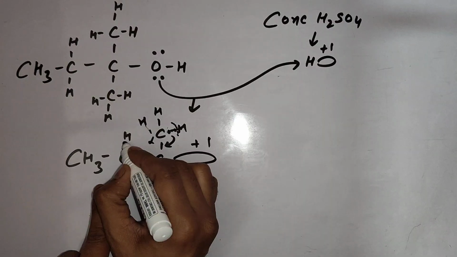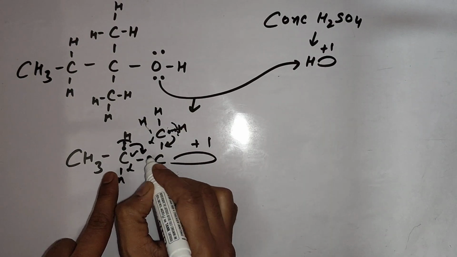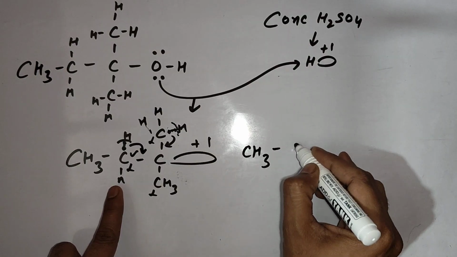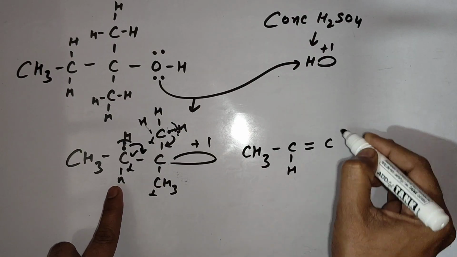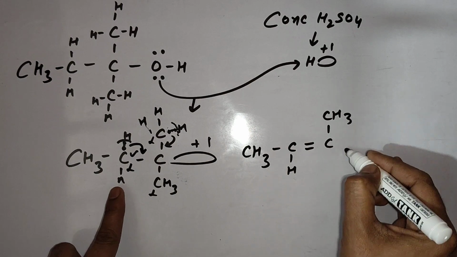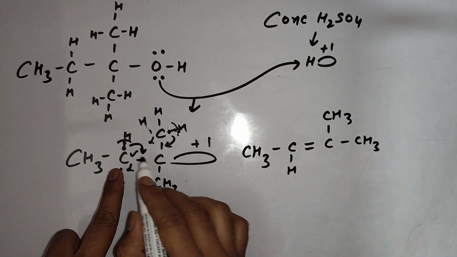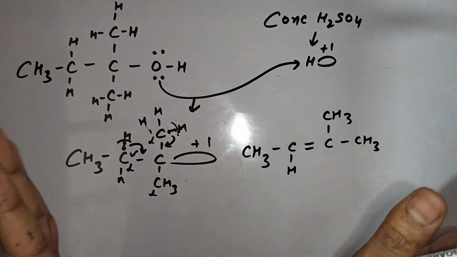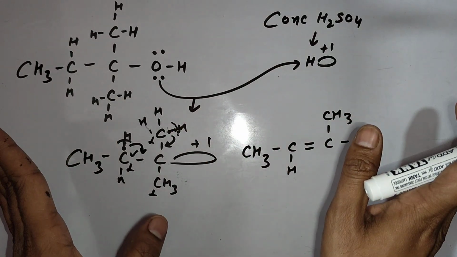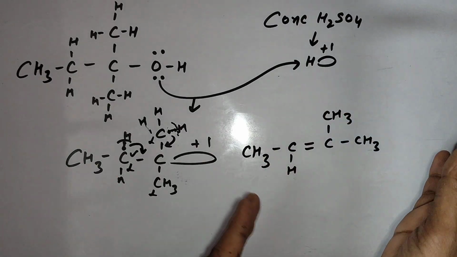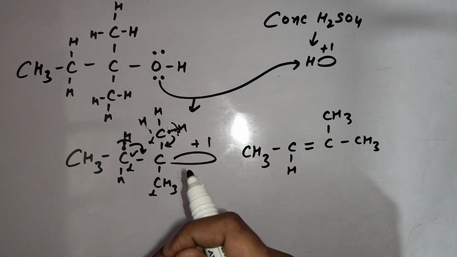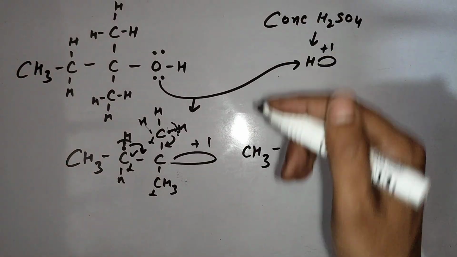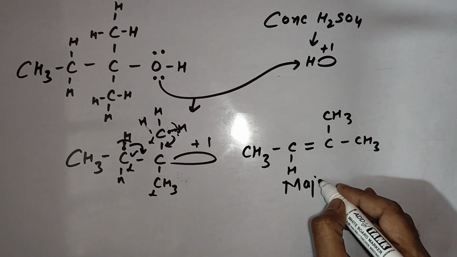It will shift electrons here and between them a double bond will generate, and the alkene generated will be this. I am going to draw the major alkene. Other alkenes will also generate, but they will be minor alkenes. The reason we have already discussed: hyperconjugation. The more stable alkene will be the major one. So that is the most stable alkene out of these 3. That's why I will use this for further oxidation. This is my major